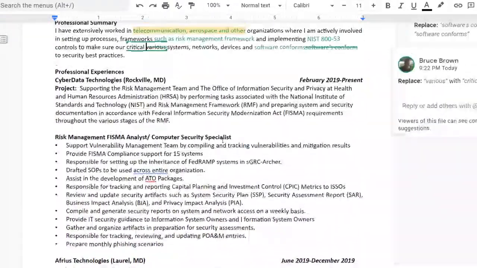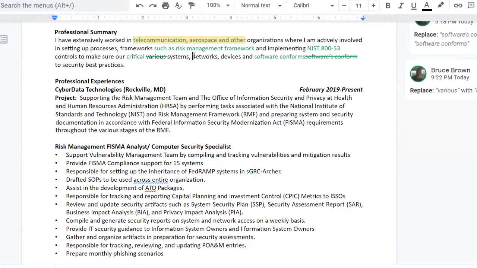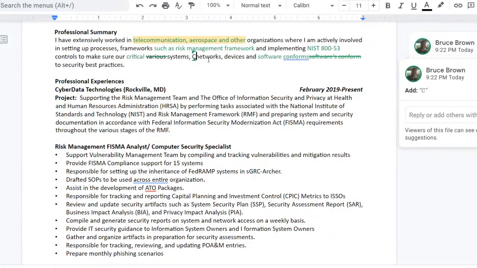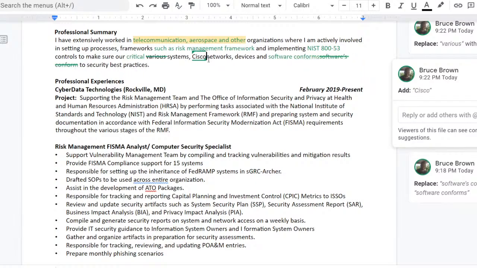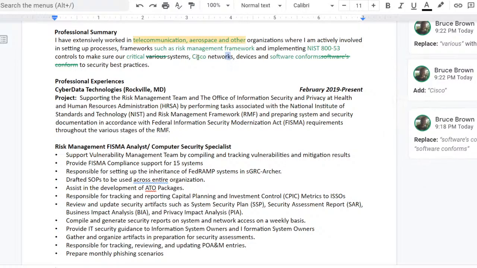You might even want to put, just for the sake of actually putting some more keywords, Cisco networks. I mean, you don't normally use that in a sentence, but we're gonna do it just for the sake of putting the word Cisco in there. Cisco networks, devices, and software